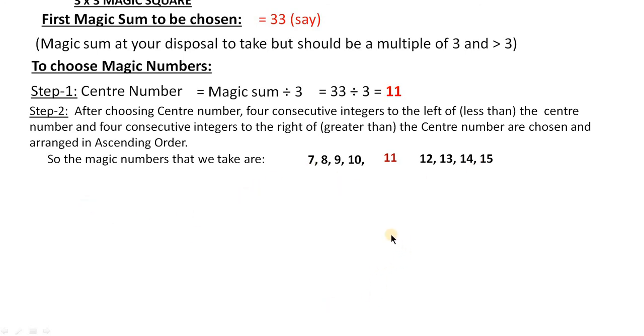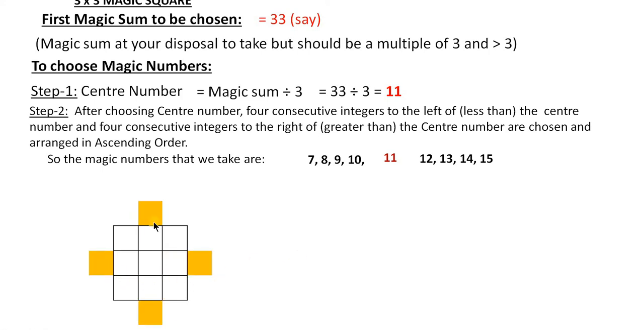So now we will first draw the magic square. These square cells need to be filled in with these numbers, so that the magic sum should be 33. So how to fill it? Before this, I will draw some squares, colored orange, on both sides of the central column and the central row. At the ends, I have appended one orange cell each, to the bottom and top of the central column as well.